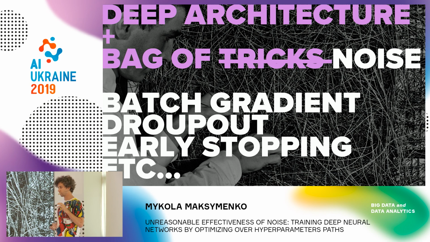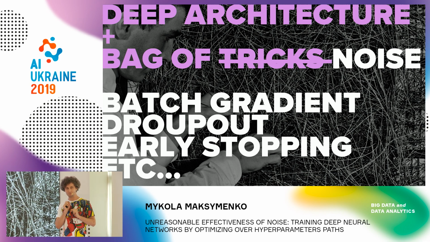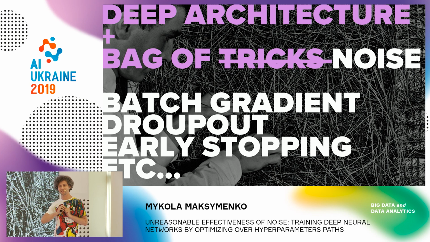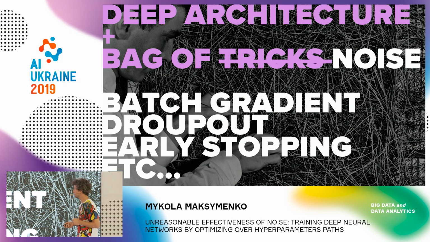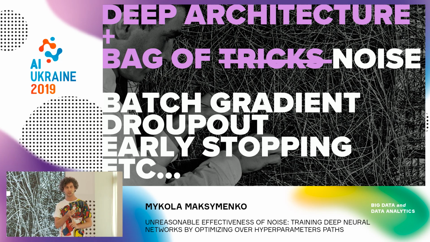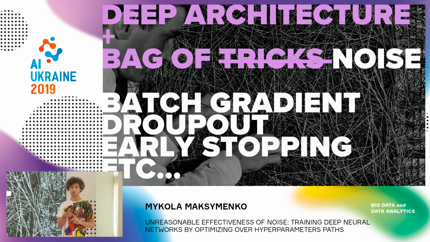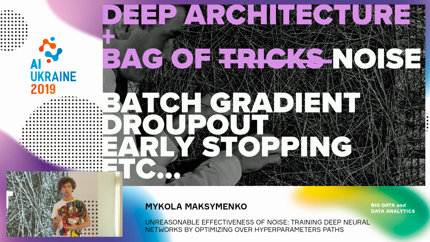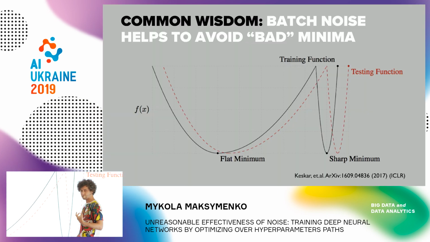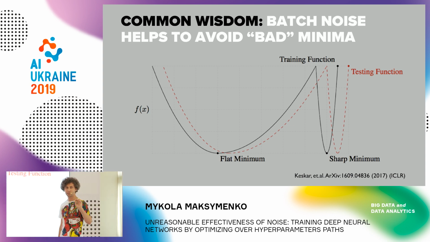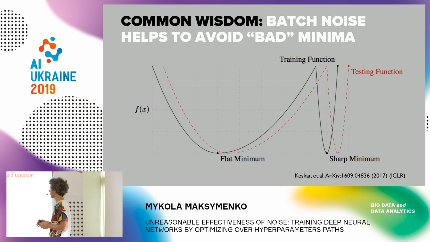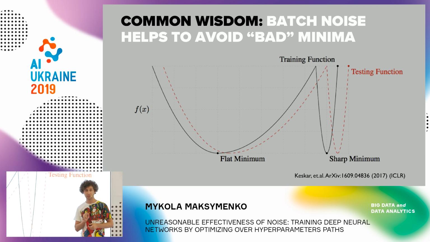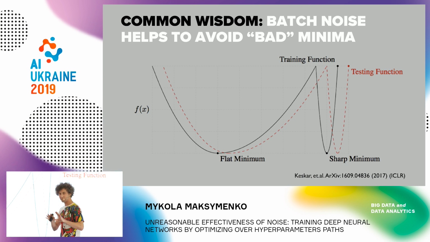And I would like you to actually notice this, because this will be more or less the main thing within this talk. So see hyperparameters as some kind of regularization or noise. And regularization can also be seen as kind of a noise in the model. And there is a common wisdom, and actually I want to test it here. So various types of noise or regularization actually allow us to avoid being trapped in bad minima. So let's just test it.